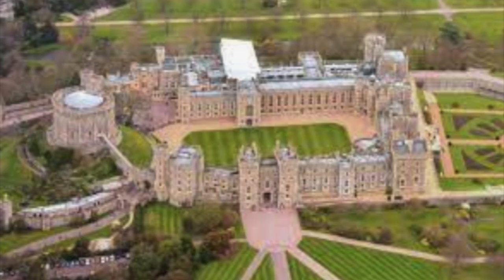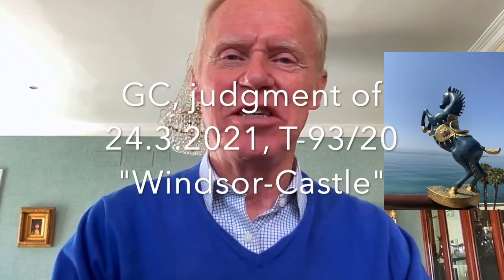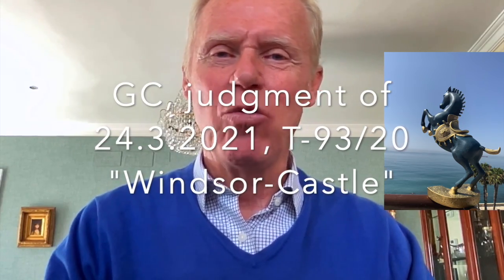Now I have a second case, which is Windsor Castle. Here on the screen, Windsor Castle. What is Windsor Castle? Windsor Castle is a property of the Queen of England, a very big castle in the surroundings of London. Now, Windsor Castle has been applied for as a word mark by a German coffee and tea company, Darboven, and it was for, among others, class 30, right? Tea. So you know that tea and England and castle and royalty, well,